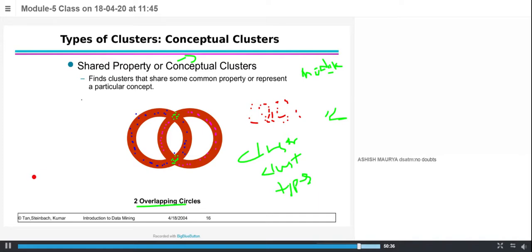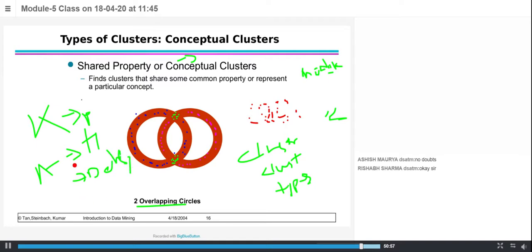From the next class onwards, we are going to learn different algorithms with respect to clustering, like agglomerative, DBSCAN, something like that. Clustering always depends on different clustering techniques. K means belongs to partitioning, agglomerative belongs to hierarchical, and DBSCAN belongs to density based. We are going to learn all these algorithms in the next class onwards. This is a basic thing.